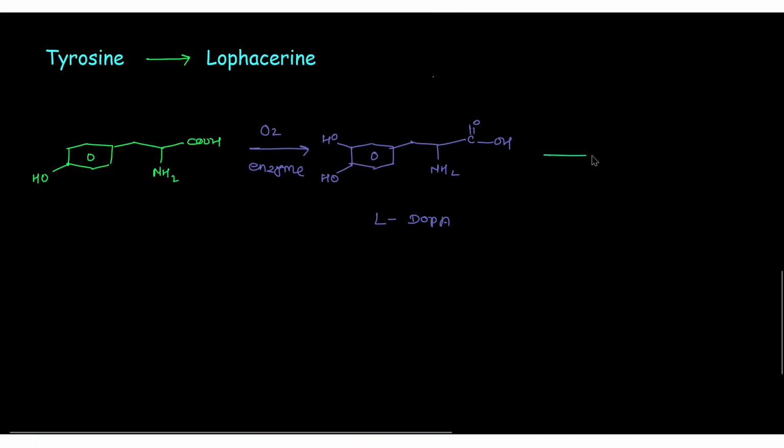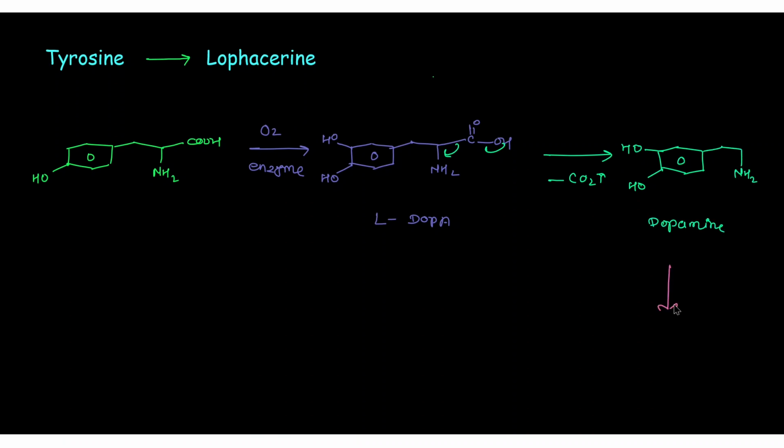In the next step, loss of CO2 takes place and we get dopamine. In the next step, methylation of this OH group takes place by using SAM and we get